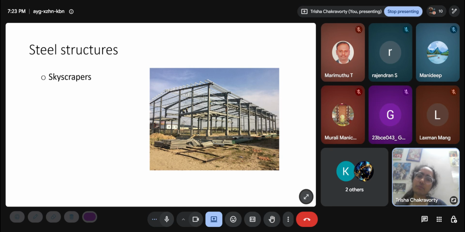If you look around yourself, most of the structures you see are reinforced concrete structures, RCC structures. RCC means that the major material is concrete, and it is called reinforced because it has steel reinforcement inside the concrete. Why does it have it? Because concrete has practically no strength in tension. Concrete is strongest in compression, but it almost has no tensile capacity.